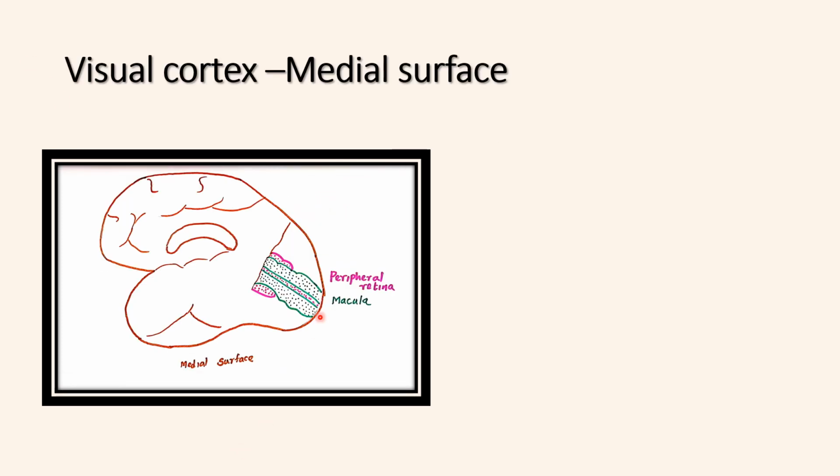This diagram depicts the medial surface of the visual cortex. This is the primary visual cortex. It is located above and below the calcarine fissure. This is the calcarine fissure. The green dots represent the